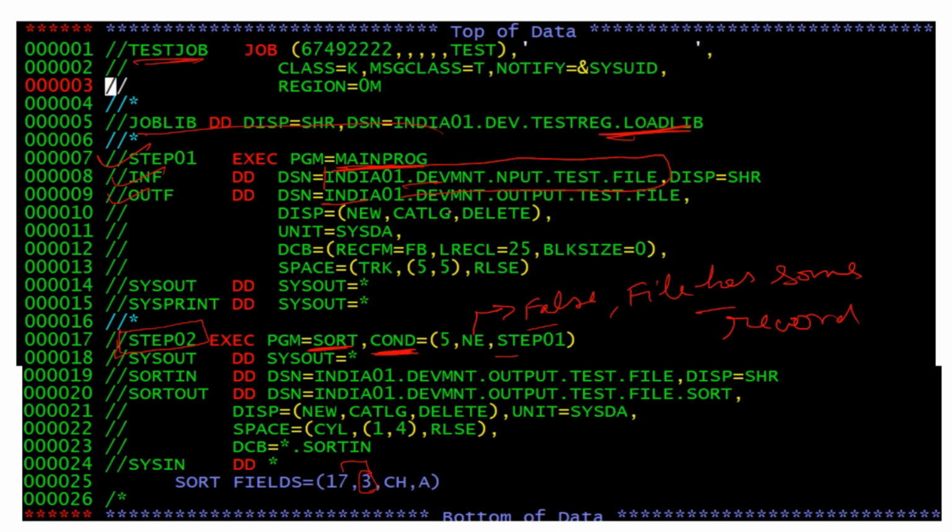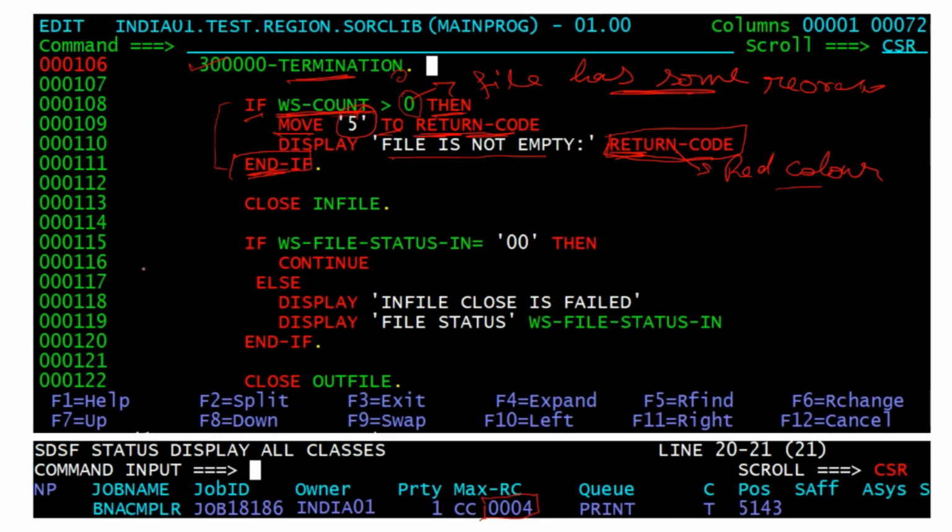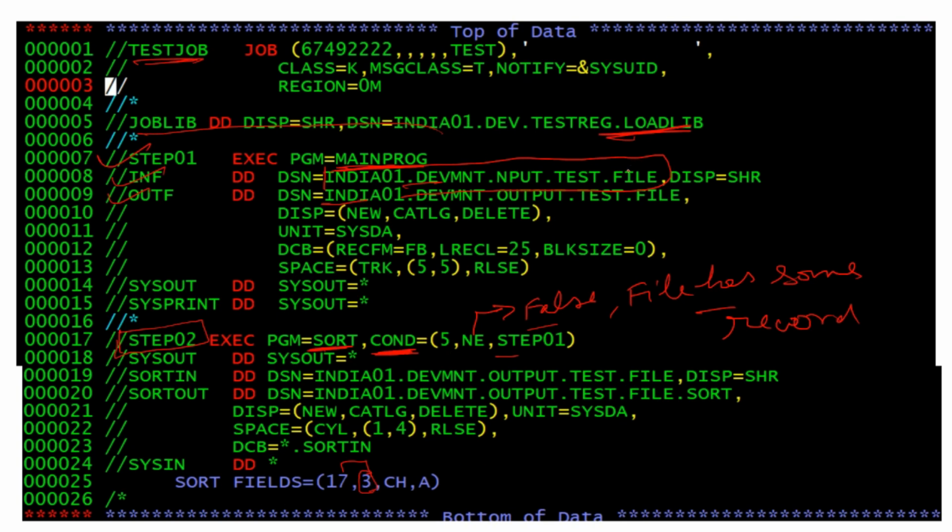When I am using the input file which contains 5 records, what will happen is our WS-COUNTER will be 5, since it has read all the records. Then we are moving 5 to the RETURN-CODE, and we are displaying file is not empty with the return code in this SYSOUT.